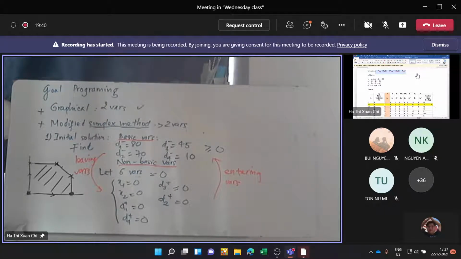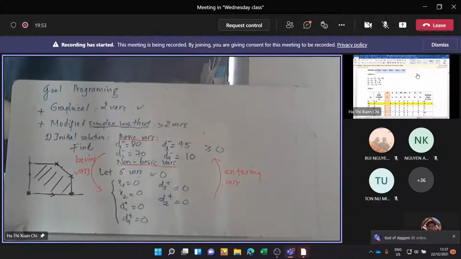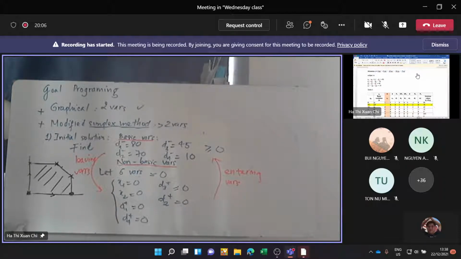And in here, the second column, the basic variables. So I have 1, 2, 3, 4 basic variables and I put them in here. And I put the coefficients of the 4 variables here. For example, P1 for D1, 5 P3 for D2 minus here. And yeah, I fill in all the coefficients here. That is finished.